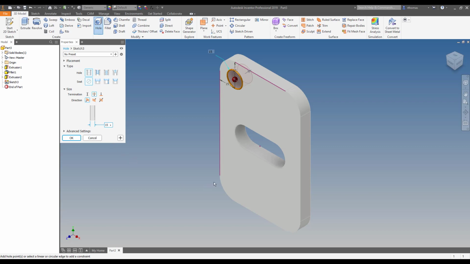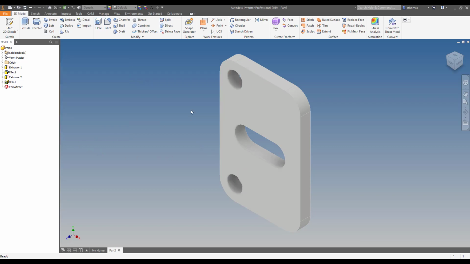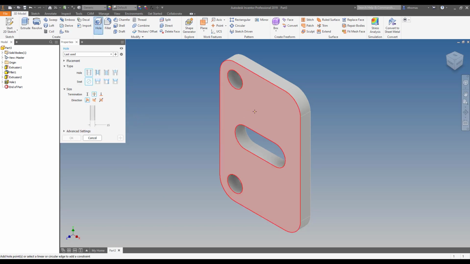So what we want to do now is click to do the second hole. So click on the face, then one edge, 15, the other edge, 15. And now I'm going to accept that. So I've got 2 holes now that are 15 mil away from the edge, then 15 mil away from the top or the bottom. We're going to start the command again,